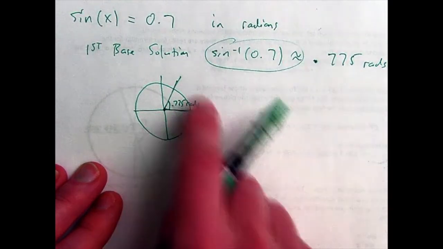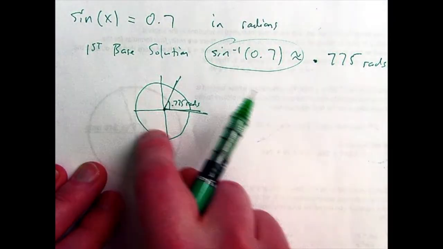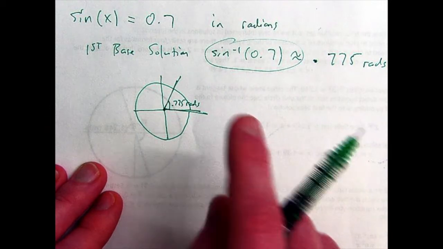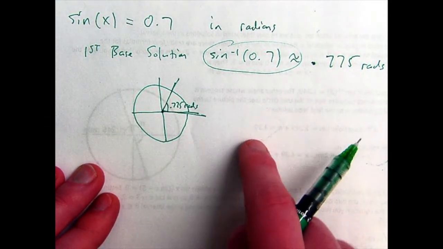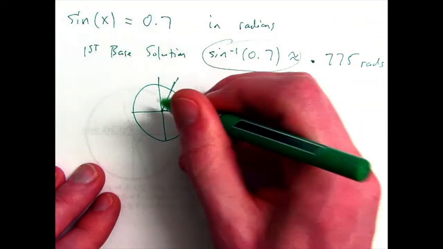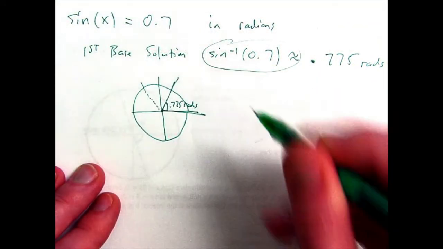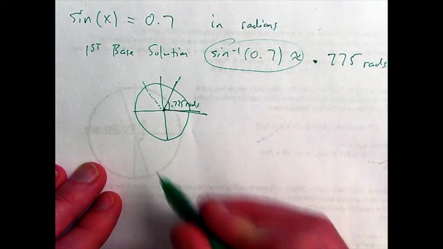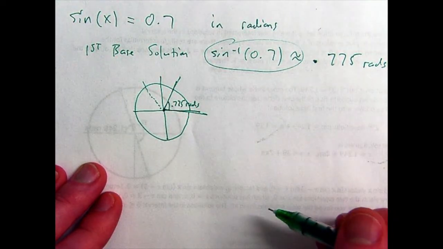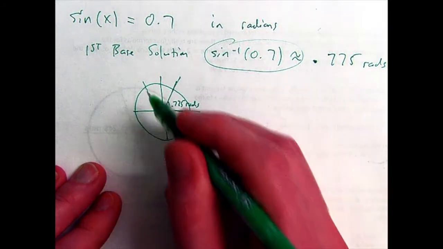Where is that going to be? Where's the other angle that has the same sine as the thing I've already found? Where's the other angle that has the same y coordinate as this angle right here? Well, it's going to be this one, right? It's going to be the one that you obtain if you reflect across the y-axis. So whatever this angle is here, that's going to be my other base solution because this angle will also have